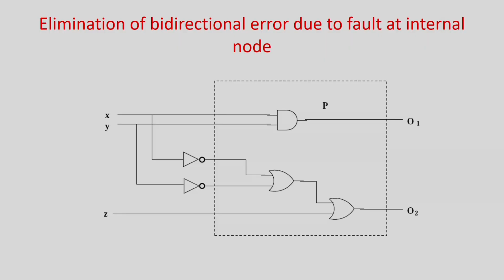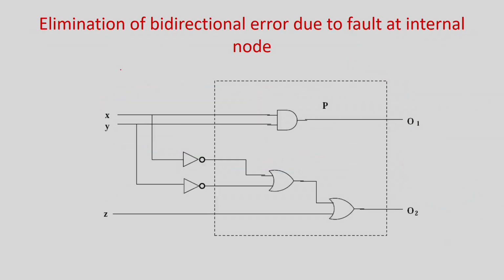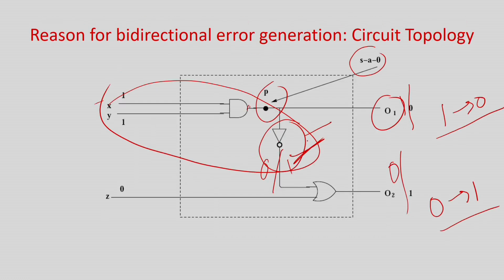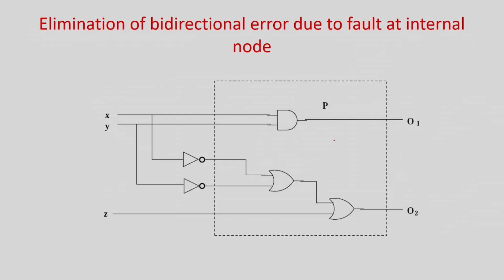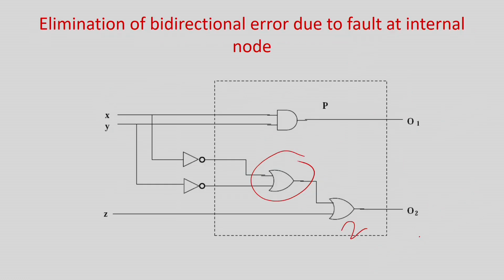Some people tried to use De Morgan's law and put all the inverters out of the circuit. Like this is very fine, O1 does not have any inversion logic, so you can directly put it. But in this case, if you look at it, this part of the circuit is an inverter logic. In fact, it is nothing but a NAND logic. This is the input, this is the OR gate number 2, and the first input to this OR gate is a NAND logic. NAND logic can be very easily implemented by De Morgan's law: you invert the inputs and use an OR gate.